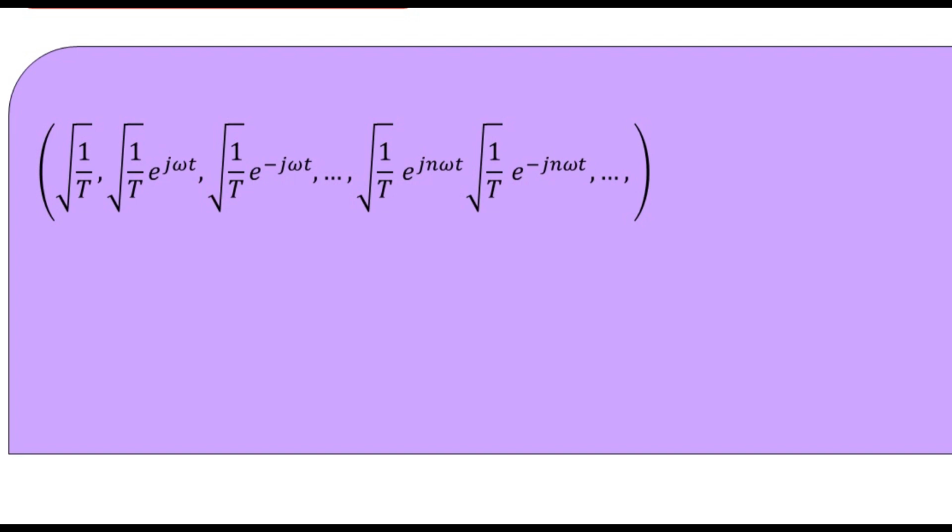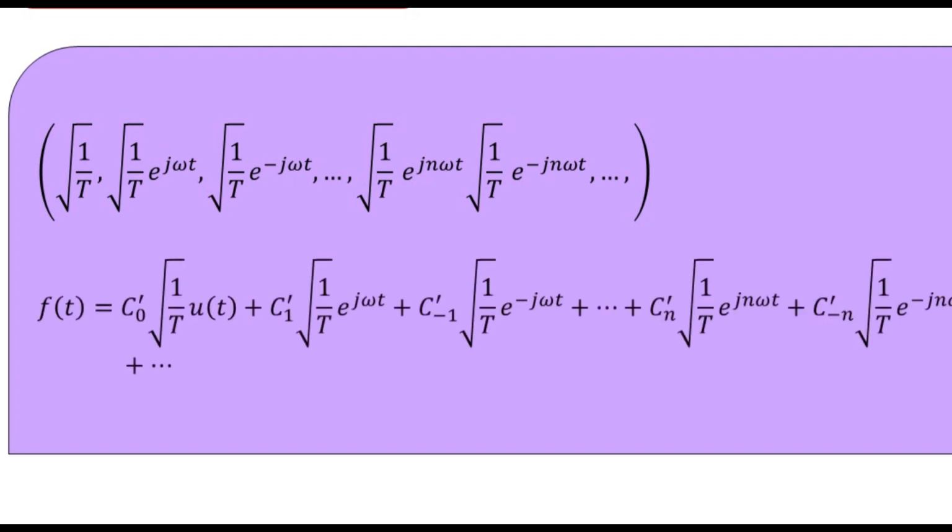So if we have the representation of the signal in the space defined as L square, for the functional basis satisfying the condition of orthogonality and orthonormality, the representation of the signal f of t can